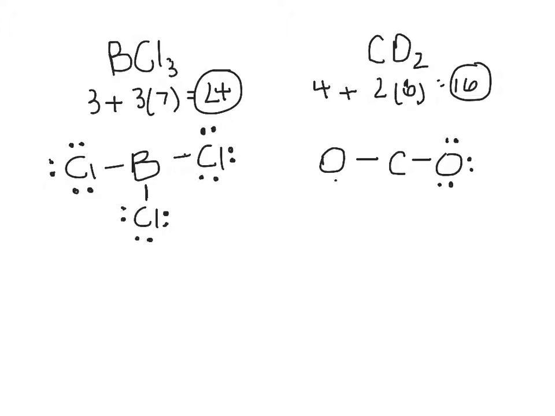But look what happens. I'm putting these around here, and carbon isn't an exception. Carbon needs to have 8 valence electrons. We can't have any weird things going on here. And unfortunately, we're out of electrons. I've represented all 16, but carbon only has 4. So what we're going to do is something kind of different and kind of interesting. We're going to take,